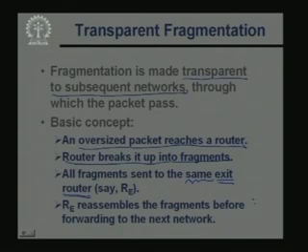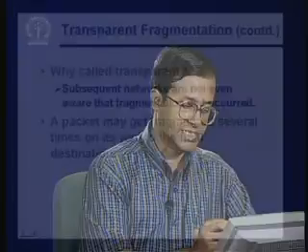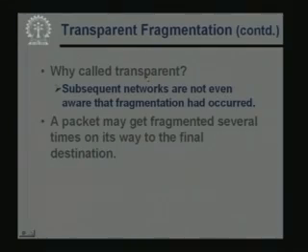So, it will be the responsibility of the exit router to reassemble the fragments before forwarding to the next network. So, when the packet goes to the next network, it is already reassembled and it is in the original form. Okay. And as I mentioned, this scheme is called transparent because the subsequent networks are not aware of